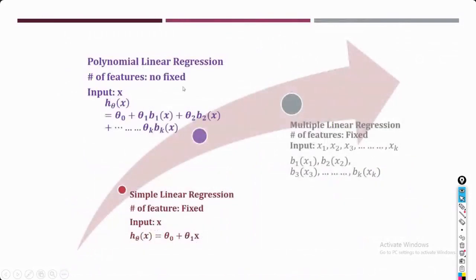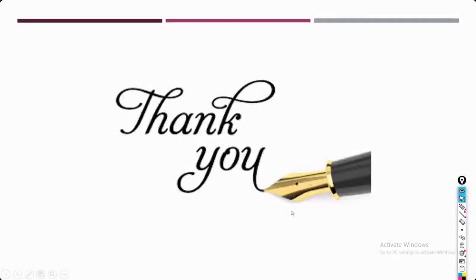So this is the roadmap of what we have covered. We started with simple linear regression, and in that case we had this form. In polynomial regression, we were using some kind of function over my feature, and in multiple regression, in order to prepare the model, we are using multiple features, and those features could be the straight x1, x2, x3, or I could apply some basis function on the features and, based upon that converted feature, create my model. So these all are your regression. That's all from my side.